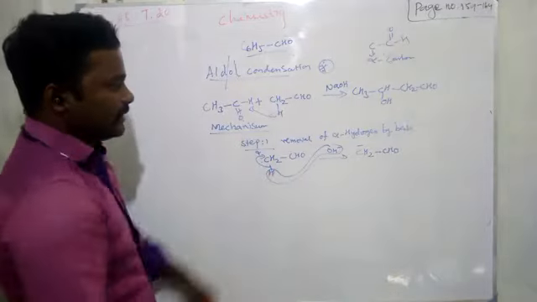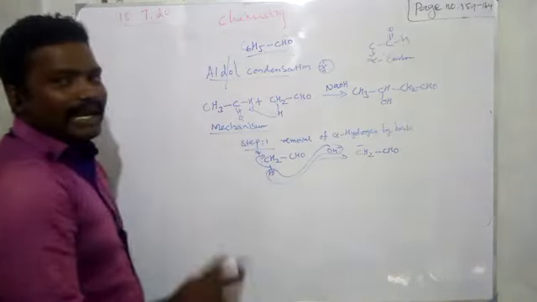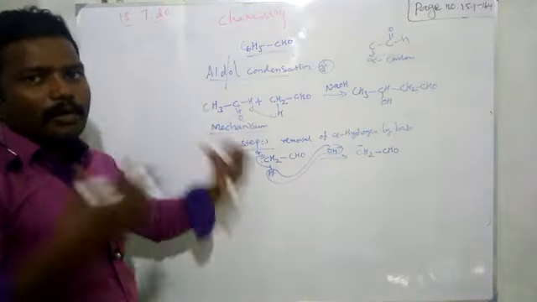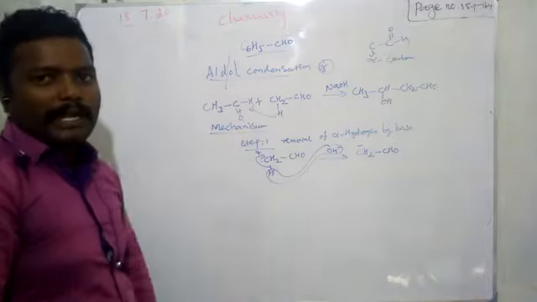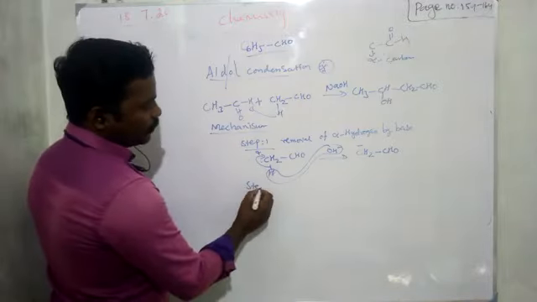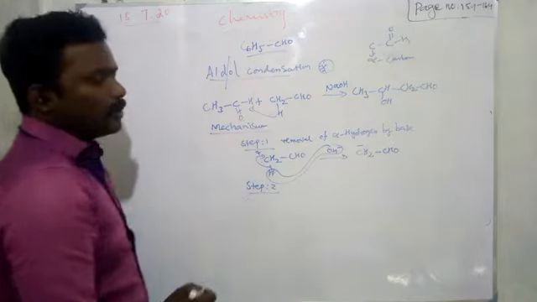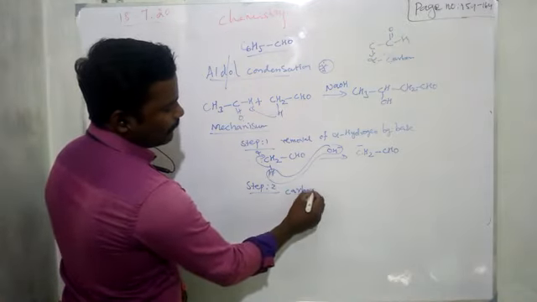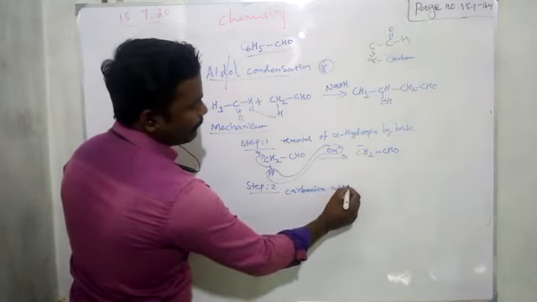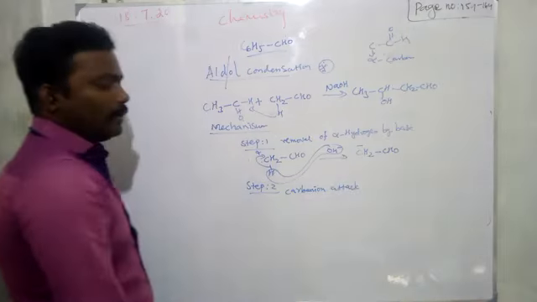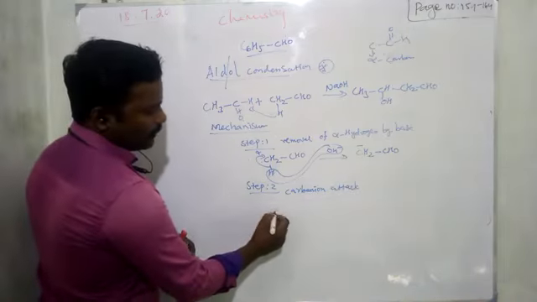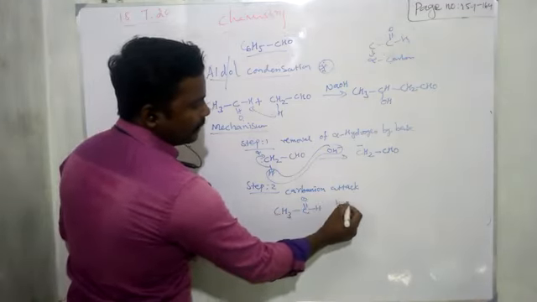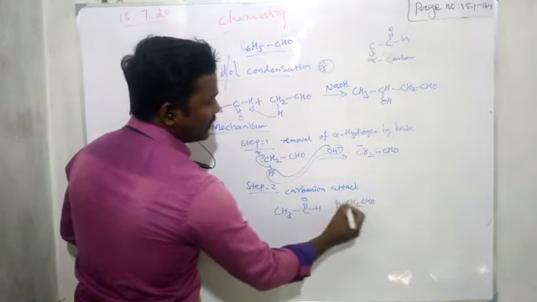Okay. So this carbanion will attack as a nucleophile to the other acetaldehyde. In the reaction we have taken two acetaldehydes. One will form the carbanion, and the other one is for step 2. What is step 2? Nucleophilic attack, or we can say carbanion attack. Then what will happen? Alkoxide will form. How? You have to take another aldehyde,